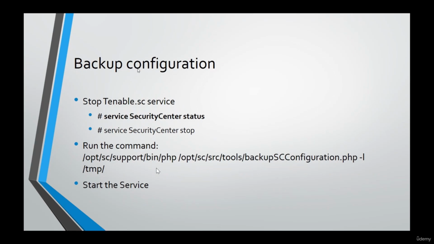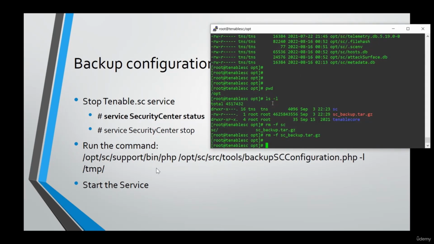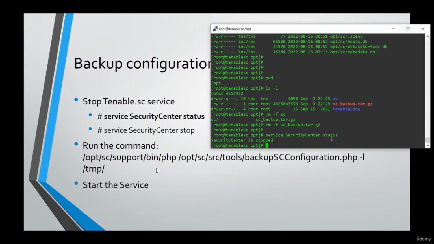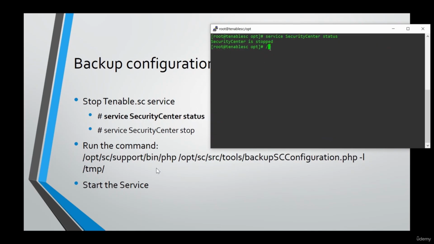Now let's talk about backing up the configuration. To do a configuration backup, you need to stop the Tenable Security Center service, run this command, which uses a script in Tenable Security Center, then start the service. Let's first check the status for Tenable Security Center. It's stopped, so we need to use this directory,